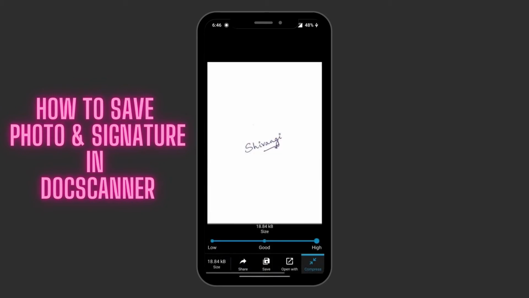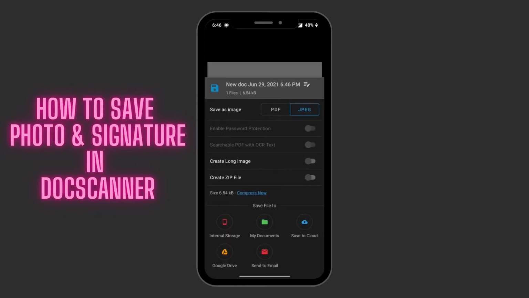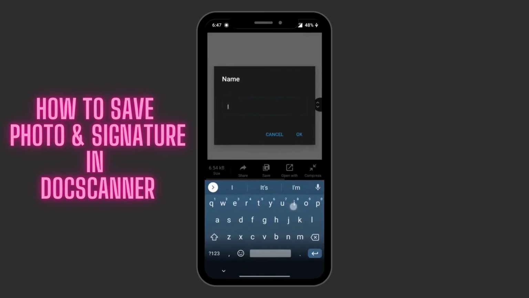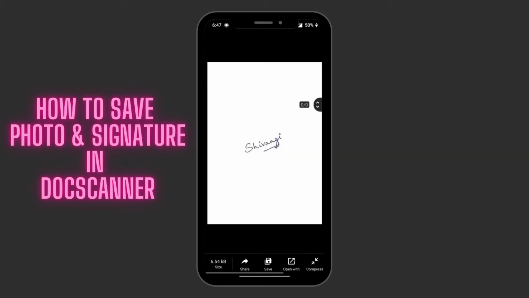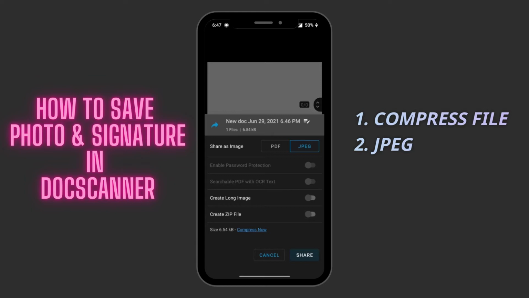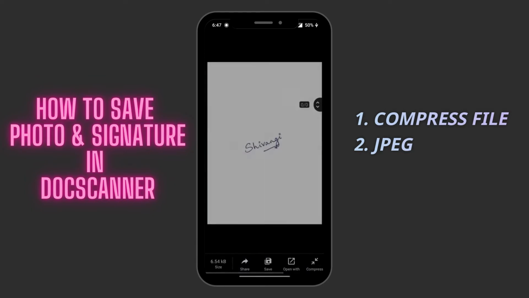and you just need to go ahead and change the size of it. So I'm going to compress it now to below 10 KB, and I'm simply going to share this picture maybe to my WhatsApp so that I can save it. The sharing part and the saving part is extremely easy. Don't forget to share it as a JPEG file, so I'm saving it as the ICSI signature, a small file as well as JPEG. Then you can go ahead and share it to WhatsApp.